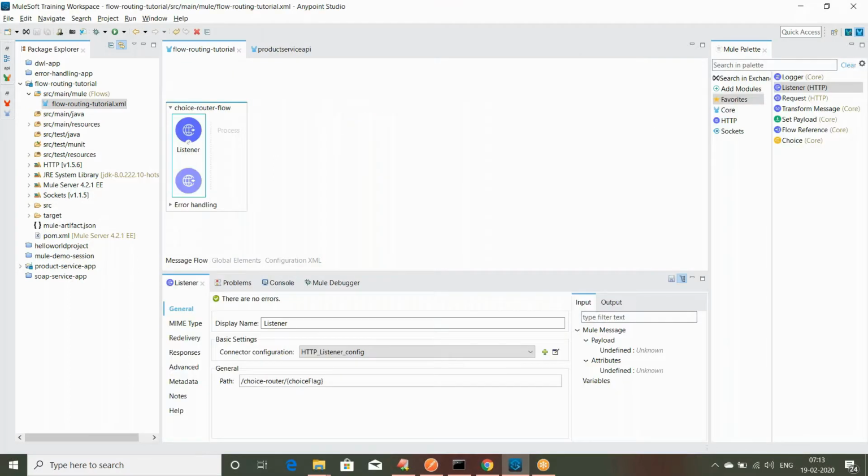Since we are first implementing the choice router, I created one choice router. That's a path, and I'm taking one URI parameter. That's a choice flag, or maybe we can change it to product flag. So this product flag we will get from the user. Now since we're using this product flag, in the process section we'll first try to store that product